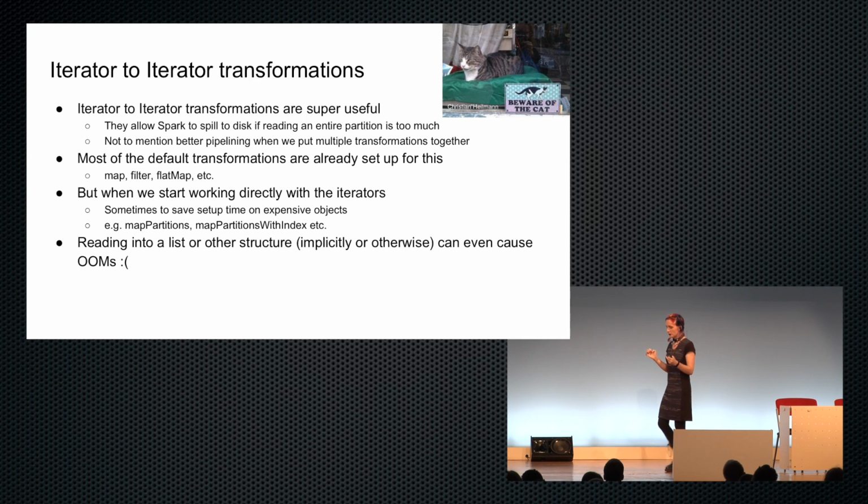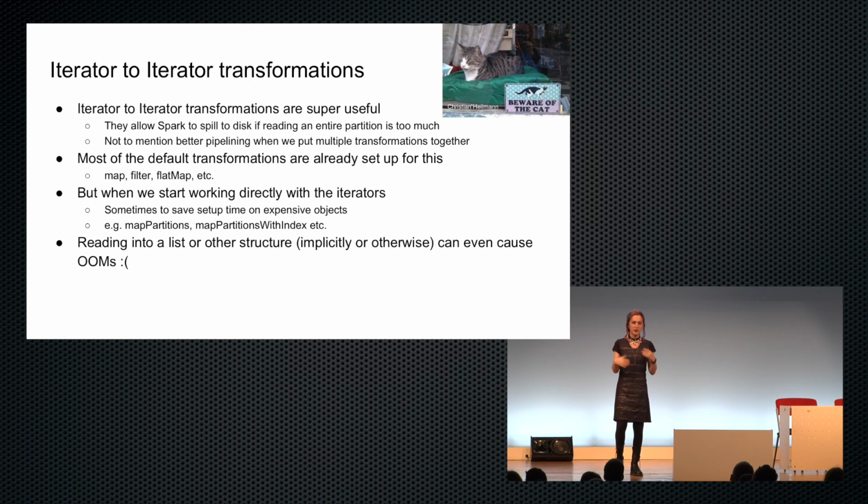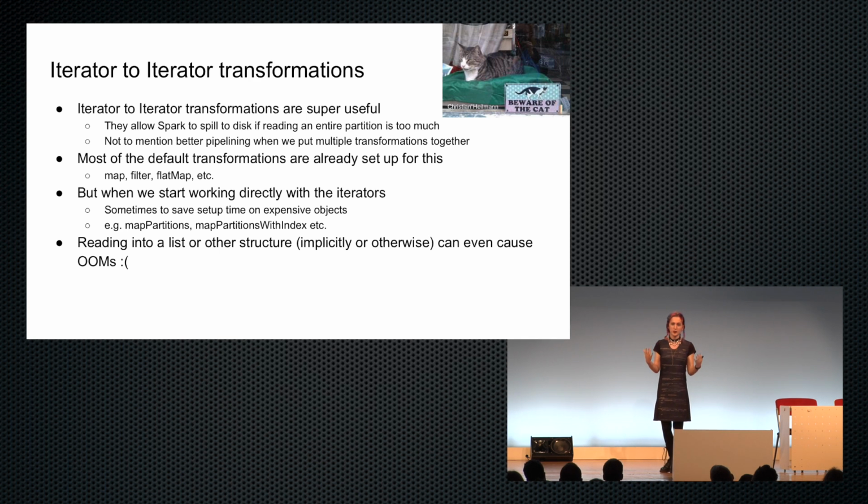The one problem with mapPartitions is that it also trusts us to not be idiots. And when people trust me not to be an idiot, that's normally when my code fails, because I'm not super attentive. The default transformations are actually implemented using the MapPartitionsRDD, so map, filter, flatMap. Many of these are implemented using the same RDD that mapPartitions is in. But if we accidentally implicitly convert our iterator into a list or really pretty much anything, we can force Spark to load our entire partition into memory.